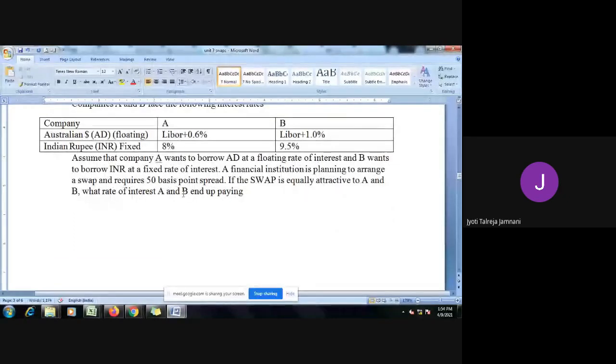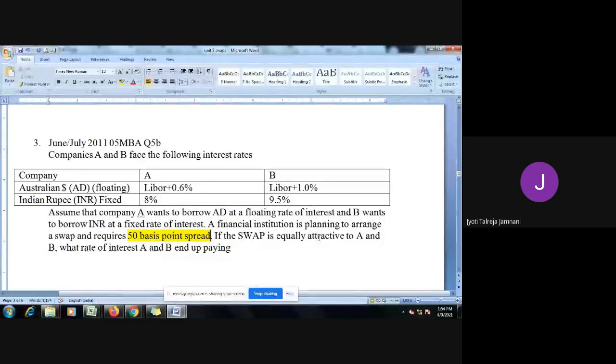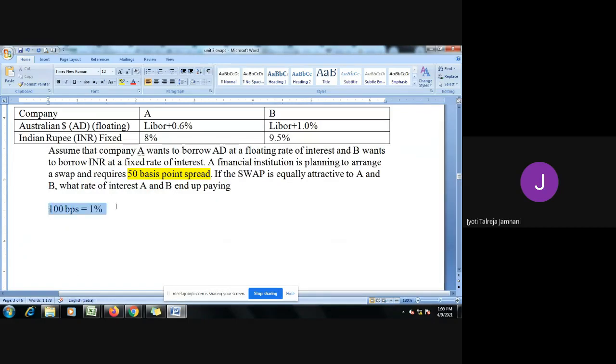Now what is this 50 basis points? First we will understand this. In all the previous sums, if you observed, it told that a bank is asking 0.5%, 0.2% interest. But here instead of percentage, they have given you basis point. Now basis point, I'll tell you what it is. 100 basis points, we call it BPS, is equal to 1%. So some people don't talk in percentage, but they talk in basis points, and this is what you have to remember throughout. Every 100 basis points is equal to 1%.